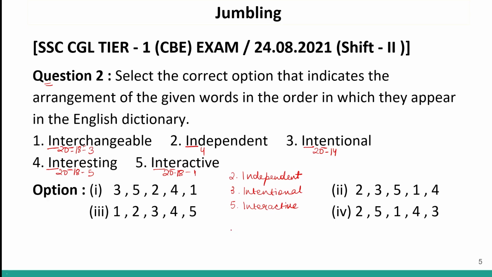After this, the next word will be interchangeable. And after this, the next word will be interesting. So the correct logical sequence will be 2, 3, 5, 1, 4, which is given in option number 2. So option number 2 will be your correct answer.